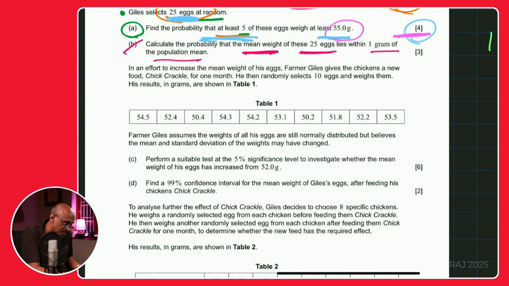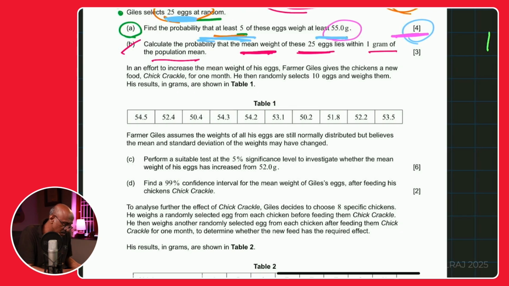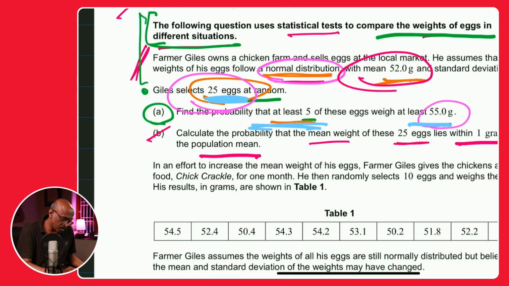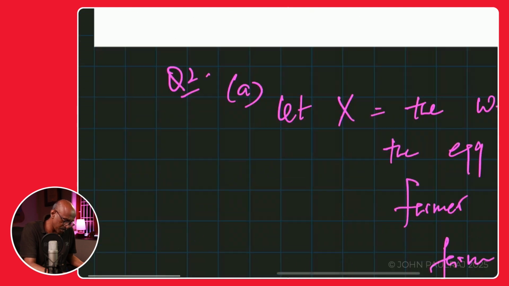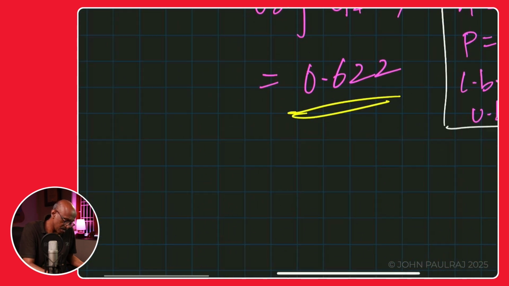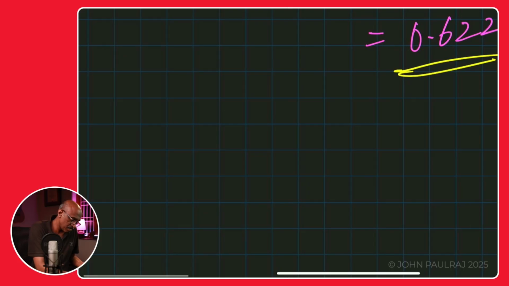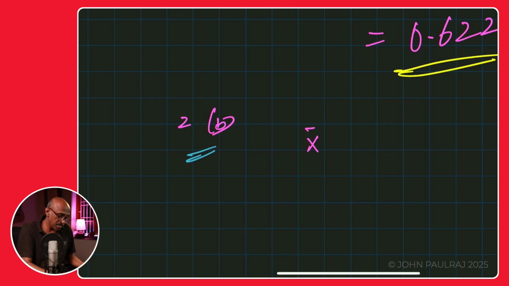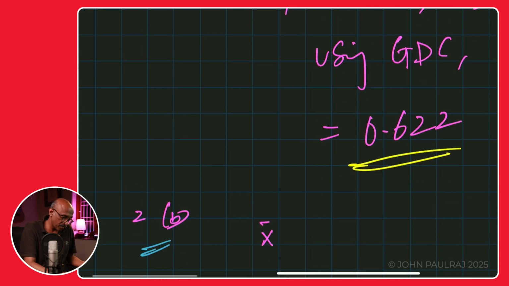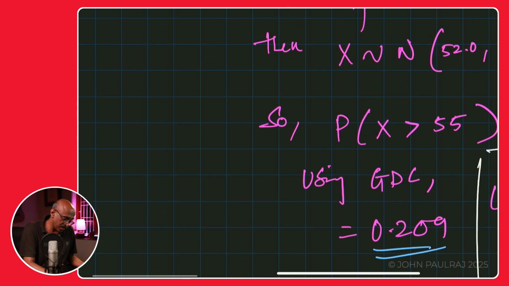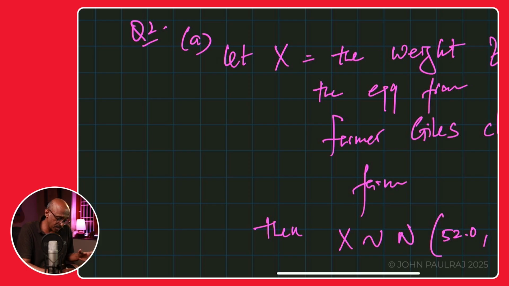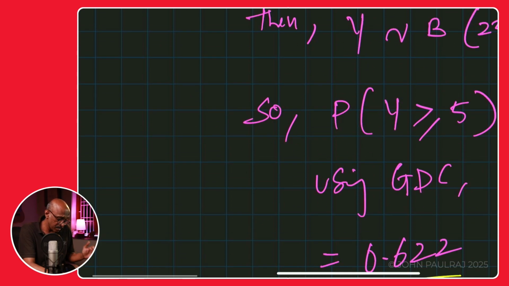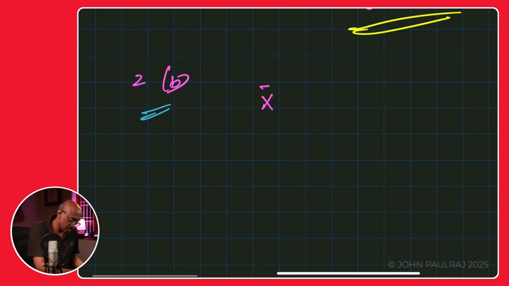The population mean is 52. So literally what we're asking, in terms of notation, what we need to be careful about here, let me just come to 2B. As I said before, we're looking at X bar. That's the mean of all the X values, because X, remember, we defined X as the weight of the eggs. X bar is the mean. So I'm going to write, let X bar